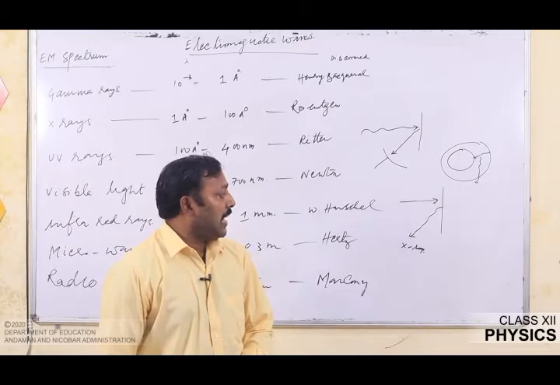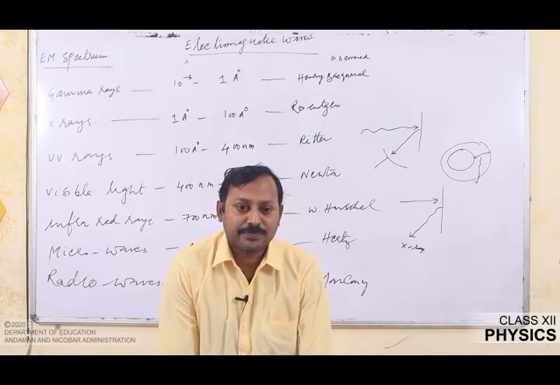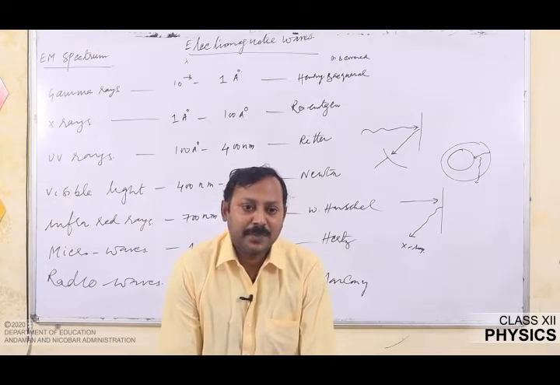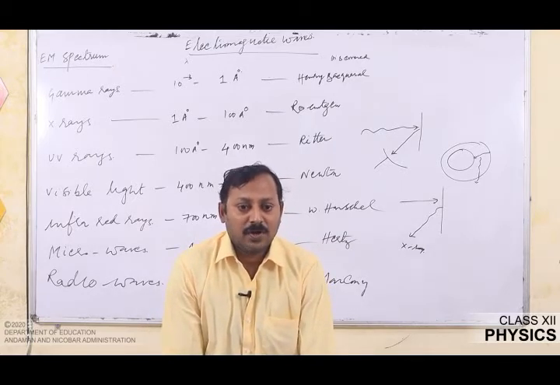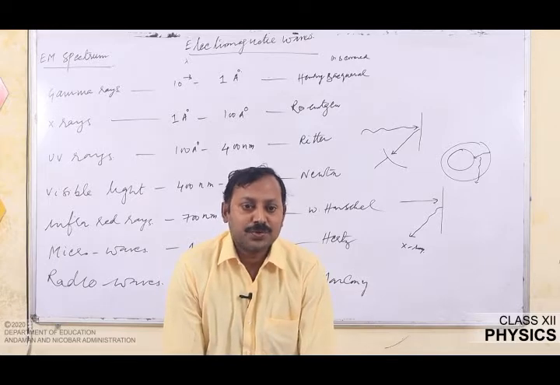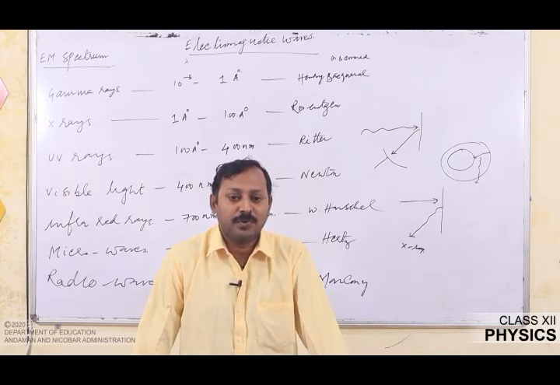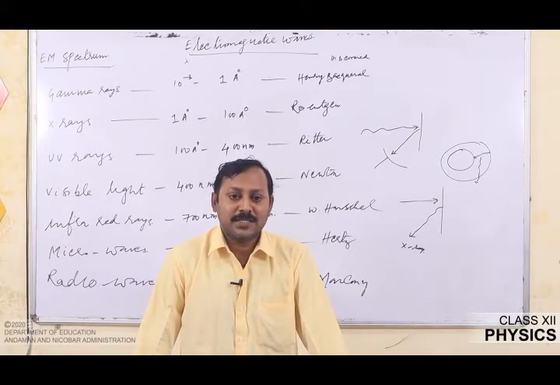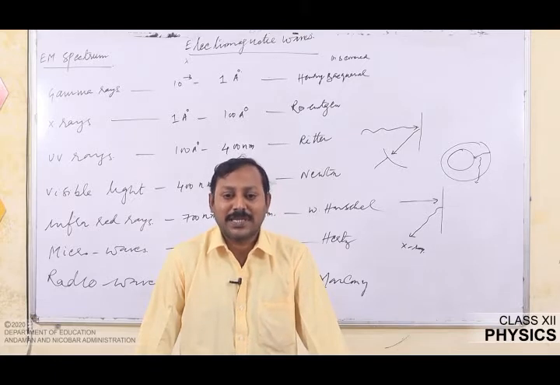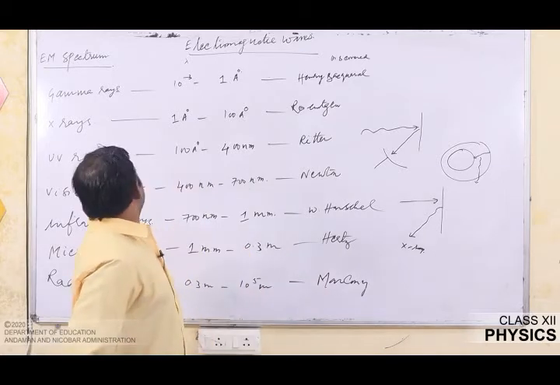Their ionization power is higher than gamma rays and their penetration power is low. They are harmful to human beings. They may cause cancer if they act for a long time. Uses: they are used to study tumorous cells, to see internal breakage of bones, and also to check for prohibited items in luggage. They are also used to find cracks in metals and to study molecular structures with the help of X-ray films. Next we will see the UV radiation.